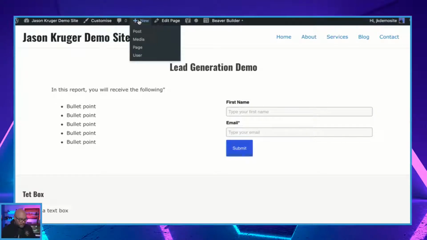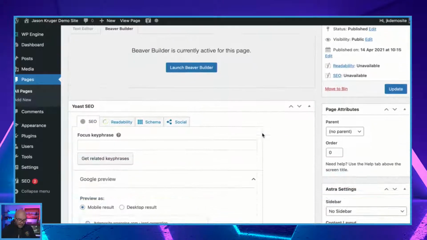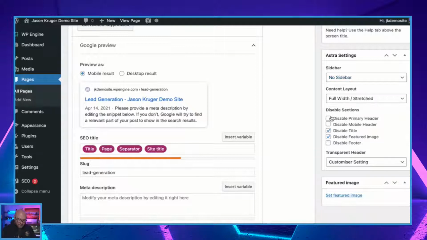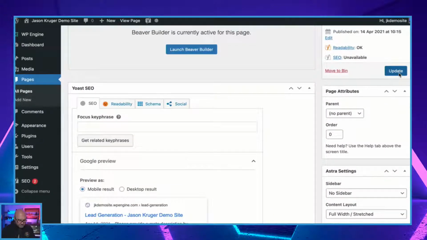So what I'm going to do is we're going to go back to edit this page. And the options that we have here with the asterisk settings. Now, I already have the disable the title selected. So if I didn't have that, the title of the page would appear at the top of the page. Now, we can go and change that within Beaver Builder, etc., and change the styling and where we place it. So I turn that off, so we don't have that. But the other thing that we can now do is we can disable the headers and the footers. So now that I've got that disabled, I click on update,